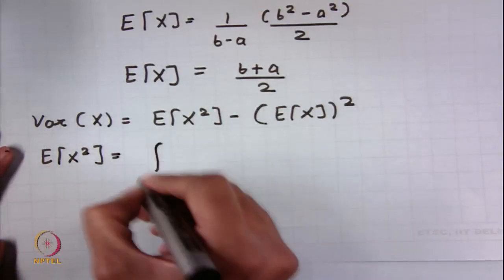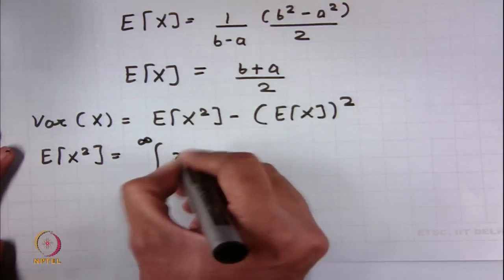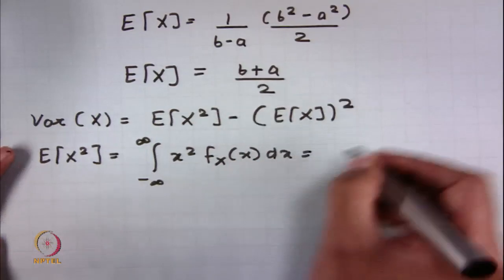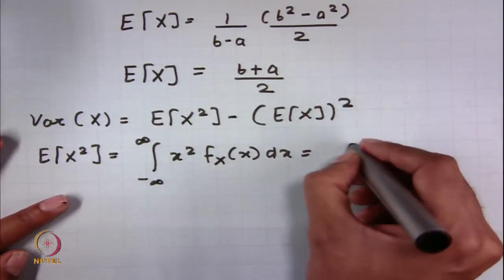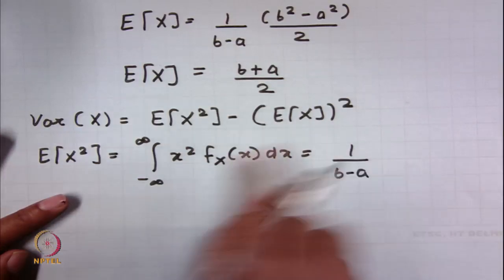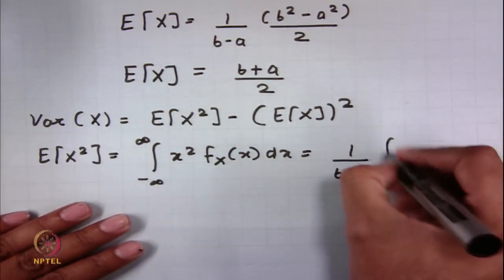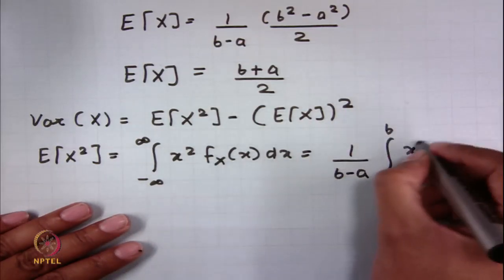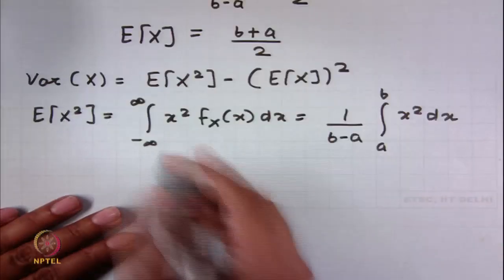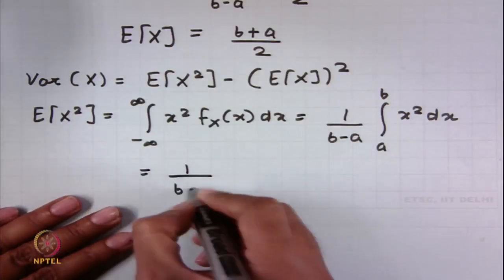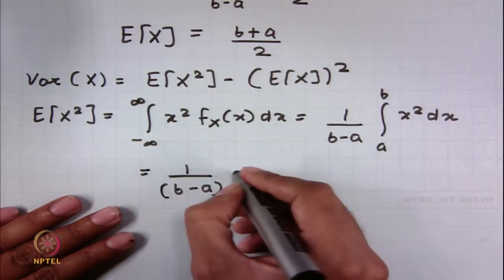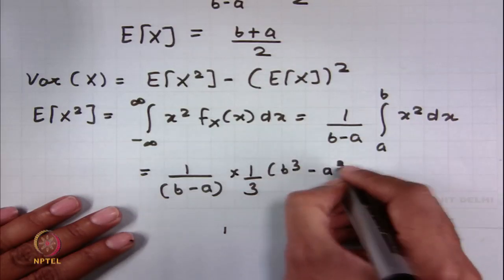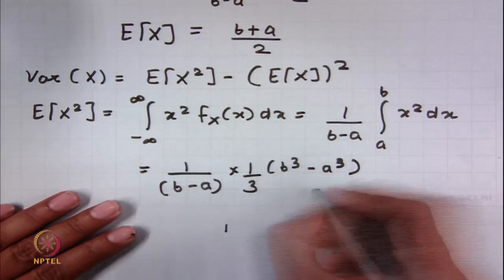Again we can use the definition, and we have already calculated the value of probability density function, it is only constant in the limit a and b, and this will become okay. So, this will be